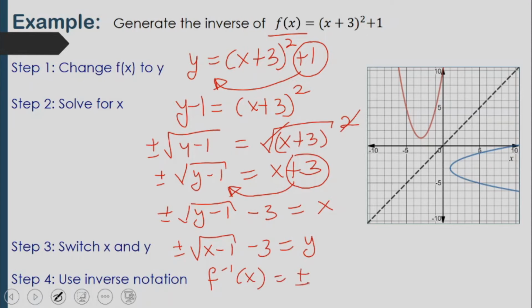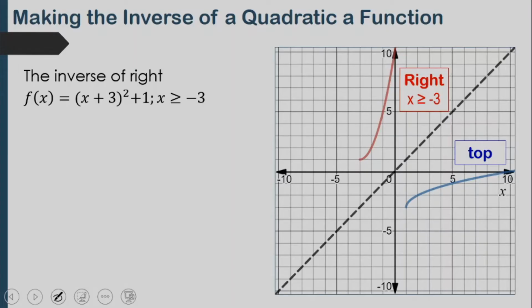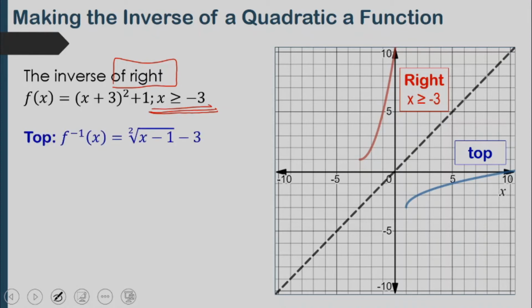Now that we have the equations, as you can see, we have two equations, one positive and one negative, as the inverse. When you split or divide the quadratic into two, in this case, you are selecting the right part. So that means you are restricting the domain to be x greater than or equal to -3. So the inverse will be the top. The top is the positive. So this is the positive part. Remember, when you choose the right, you are looking at the positive